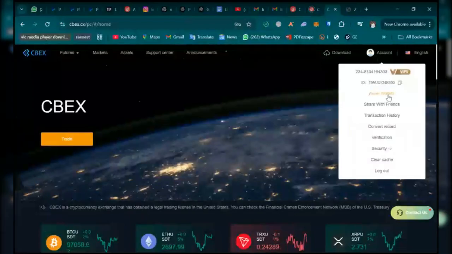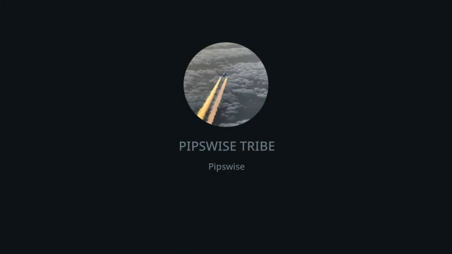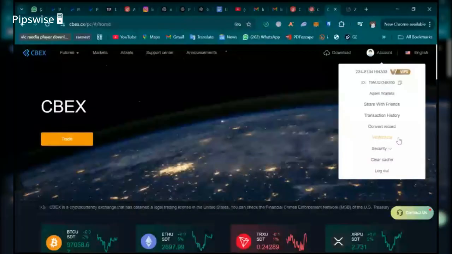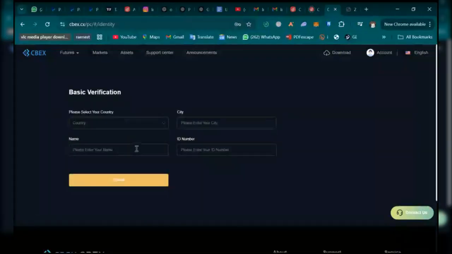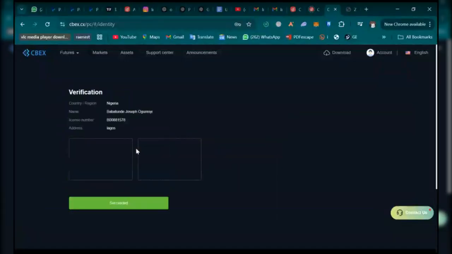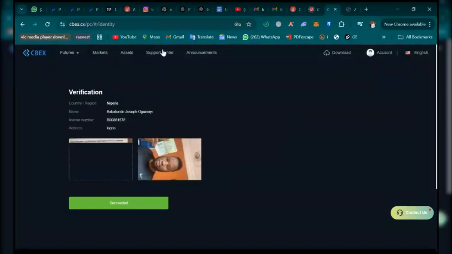So now look at this. Checking this right now, you come to the verification, and you verify your details. You put in your city, your country, your ID number. This ID number is one of the reasons you might be getting it all wrong. There are two verifications that you need to do. The first is the basic verification, and the second one, you understand? The second one,